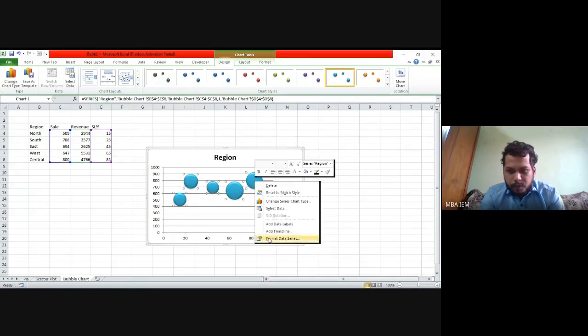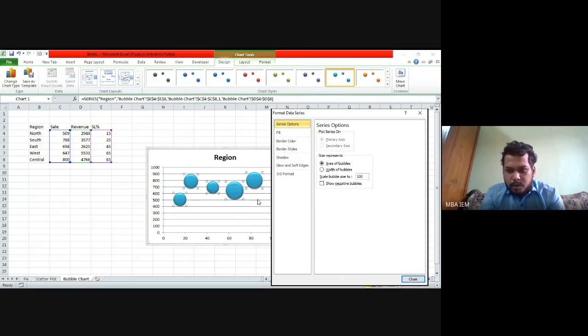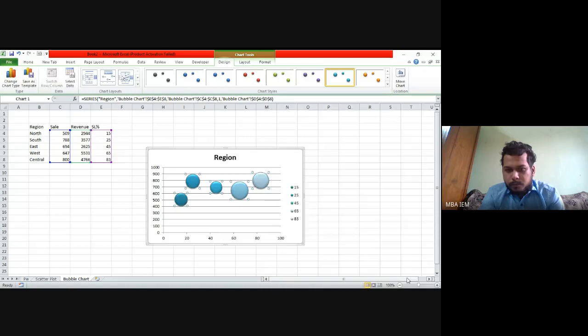For format data series, vary colors by point. Could you figure out that the color variation happened in terms of which one is greater and which one is smaller?